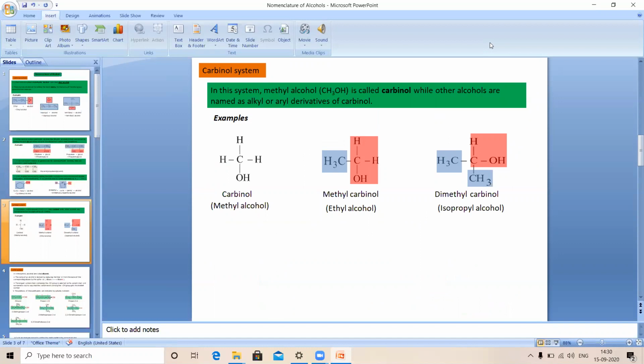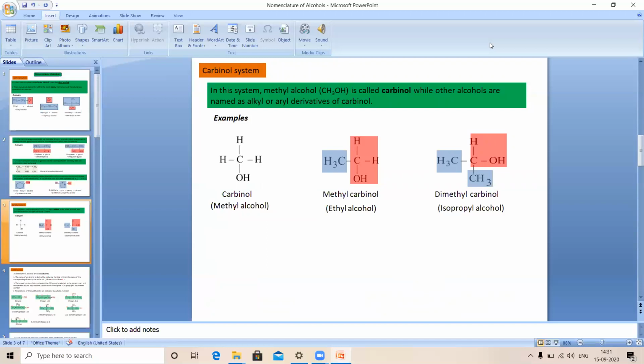Now the second system, the carbinol system. In this system, methyl alcohol is called carbinol, while other alcohols are named as alkyl or aryl derivatives of carbinol. For example, CH3OH, the common name of this compound is methyl alcohol, but we can give the name carbinol. Second example, CH3CH2OH, the common name is ethyl alcohol, but if we want to give the name using the carbinol system, here